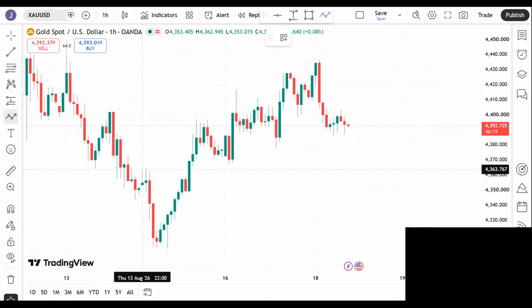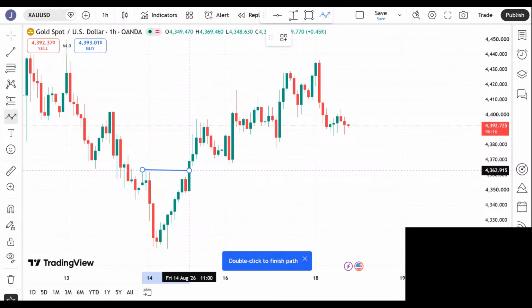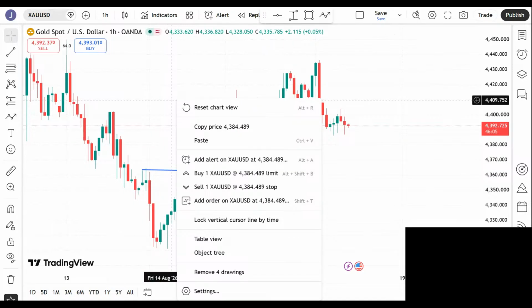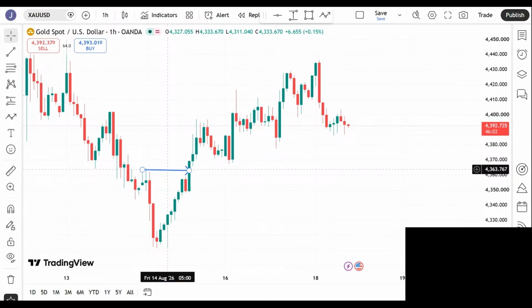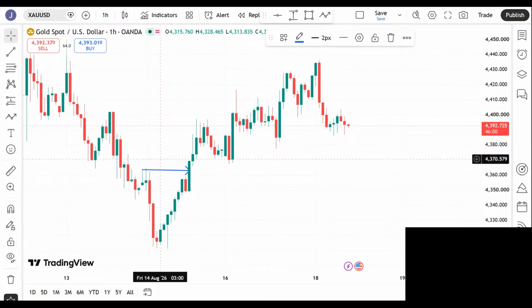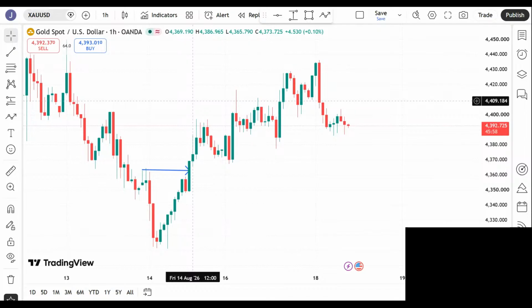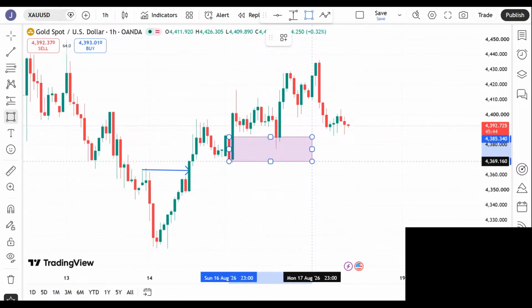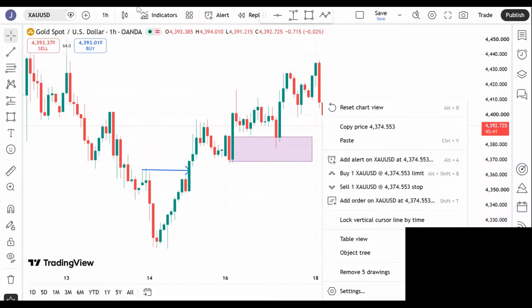So now there's a change of character around there. Yes, this change of character, right? This break of structure. And when you look at this old stuff, you will see that there's this break of structure, there's another order block here. So when we draw this to be the order block, which has been mitigated by this, let's go to the